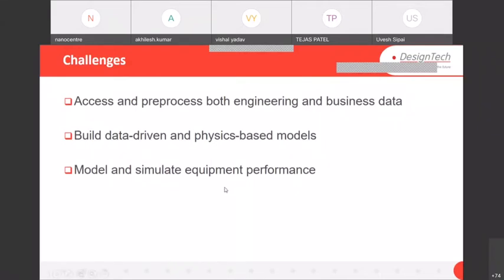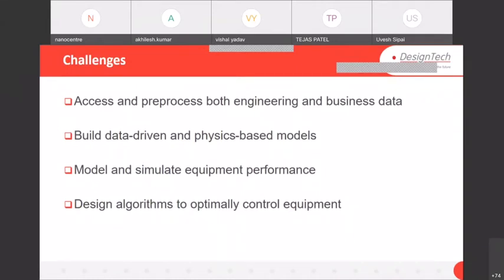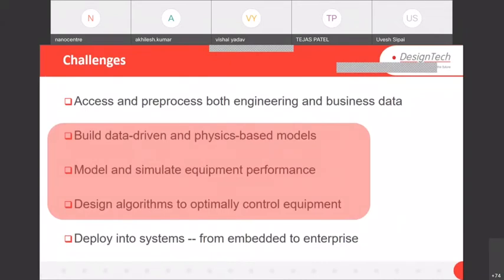Okay, one challenge is to model and simulate the equipment performance, and check the performance of the model after simulation. Design algorithms to optimally control equipment, meaning design such kinds of algorithms which can optimize my complete energy management system. These are some challenges, and these challenges can be overcome using MATLAB and Simulink.